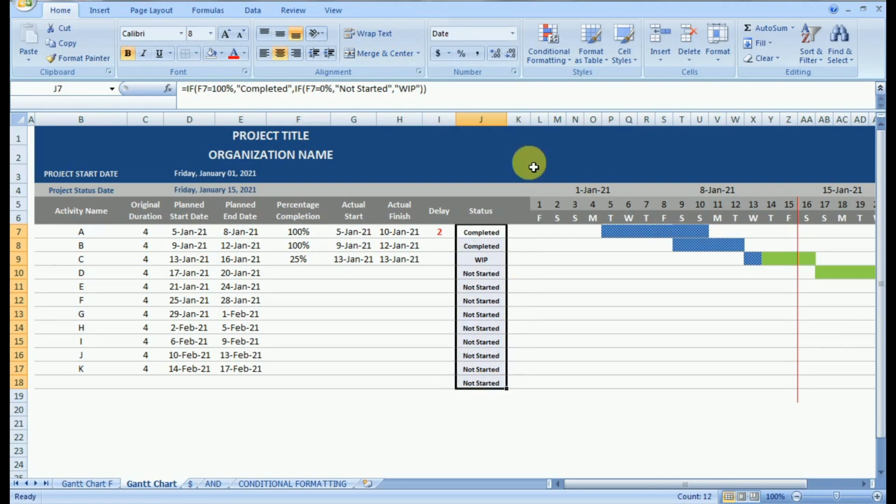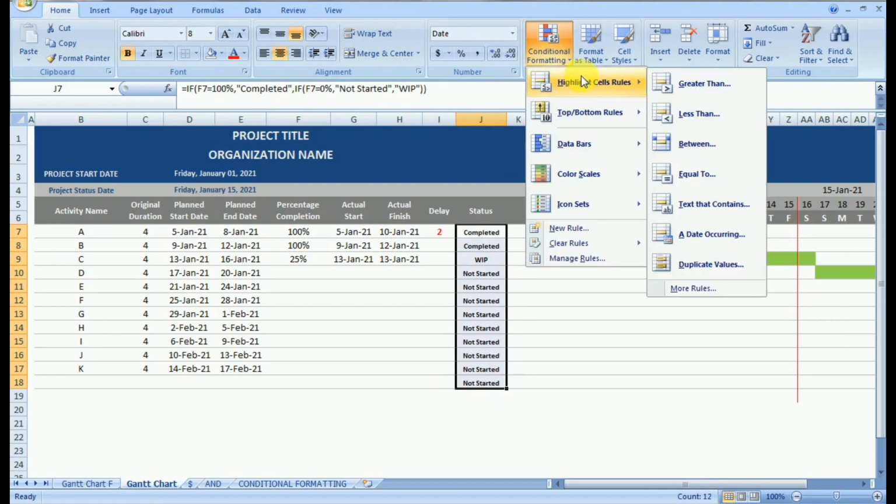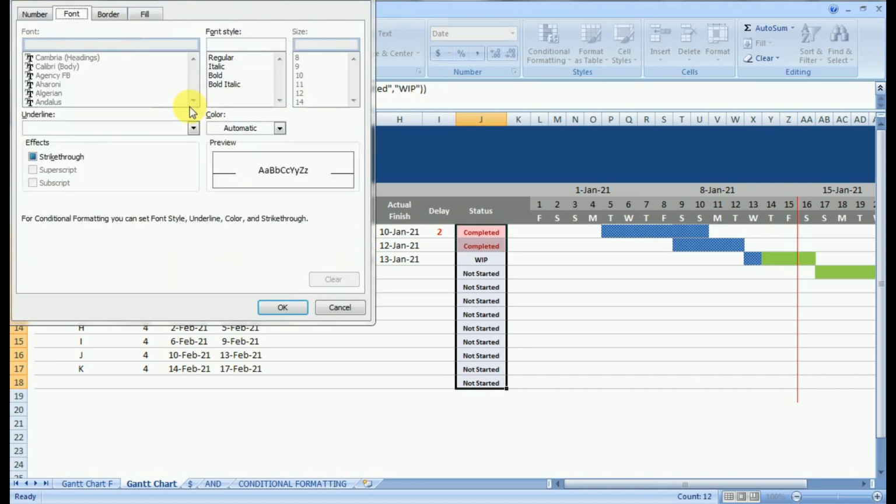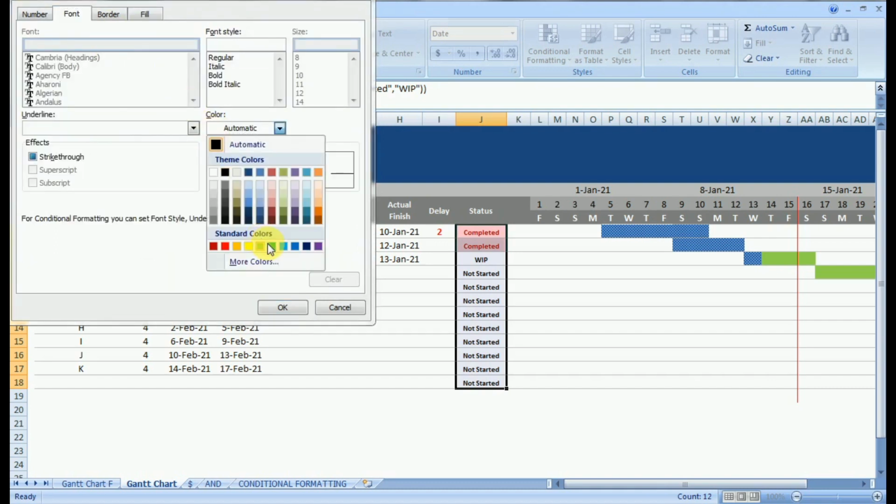Now you can do the conditional formatting. You can go to conditional formatting, highlight the cell. If the value is equal to completed, I want it to be in green color so that it will be easy to filter or to understand which activities are completed.